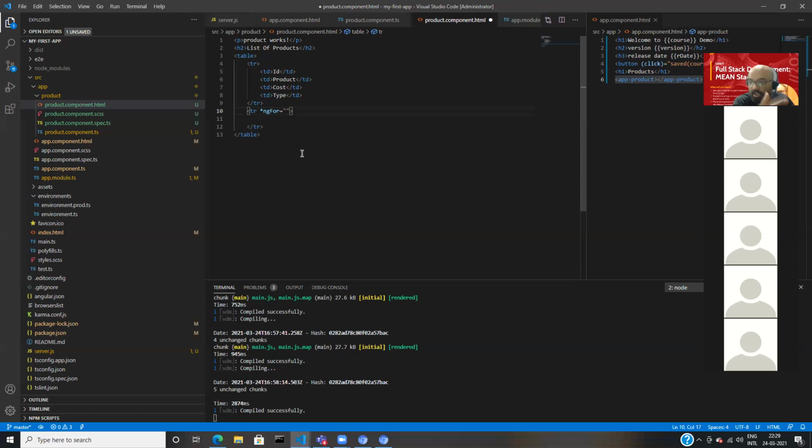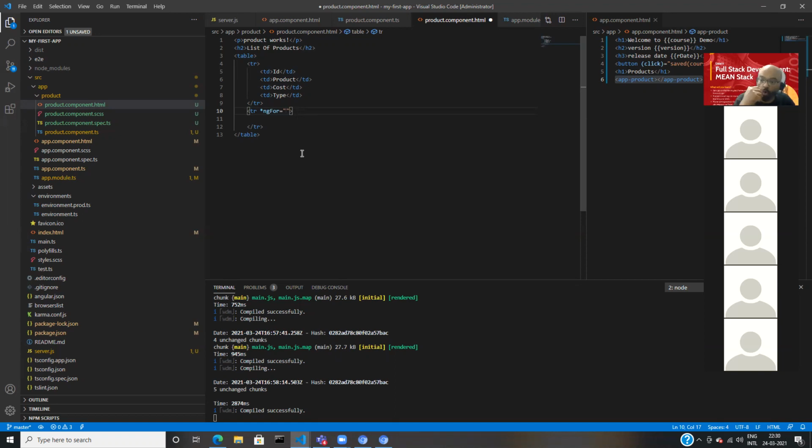So ngIf will have the if-else functionality. ngFor will have the for loop functionality, right? Getting my point? ngChange is having the text change functionality. Click directive is having the click functionality, right? Submit directive has a functionality to submit a form.